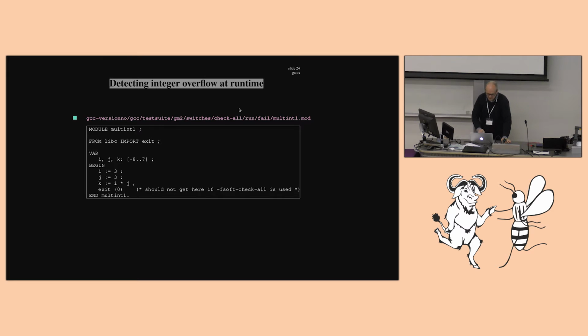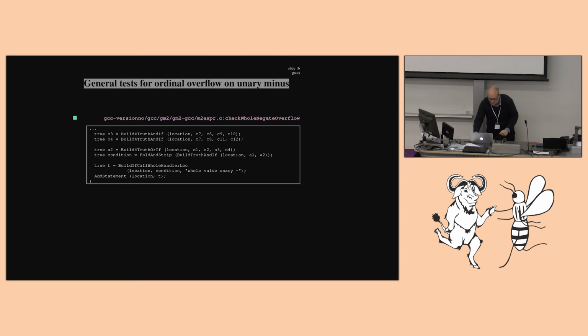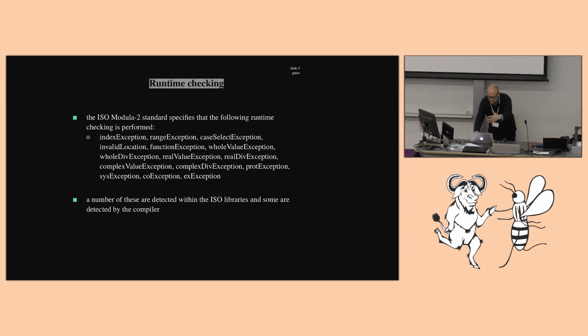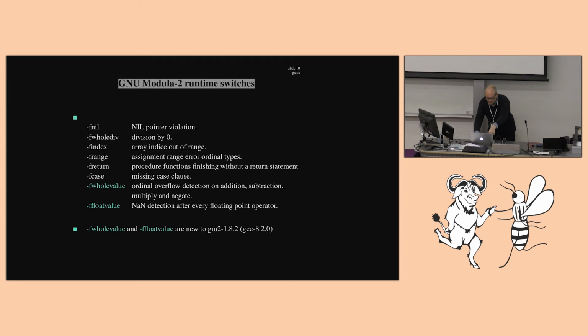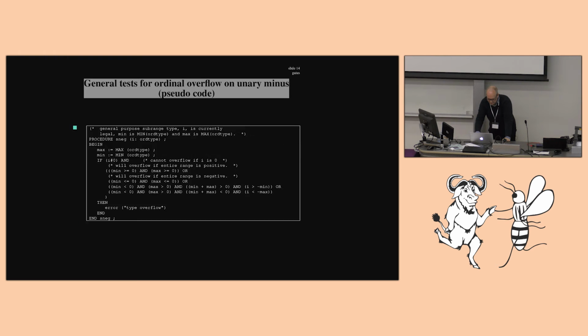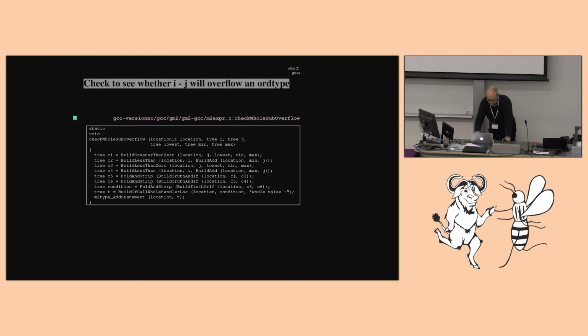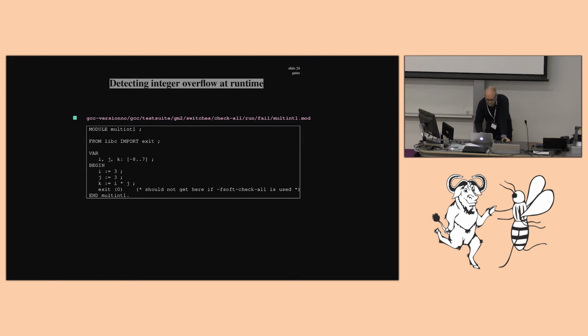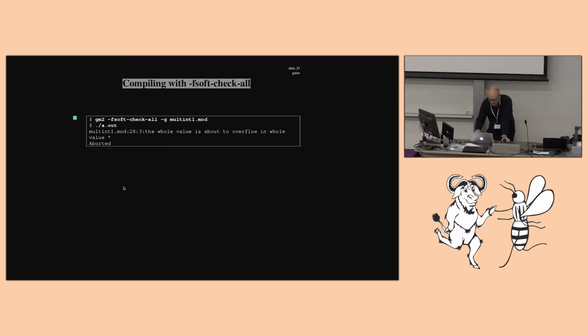So what we have now is a little bit of test code. We're going to compile with -fsoft-check-all, which turns on all the checks, the whole plethora of the Modula-2 checks, including the ones in cyan color. Yep, so we're assigning i to 3, j to 3, and obviously the result will be 9, which exceeds 7, so we should get an error, and indeed,